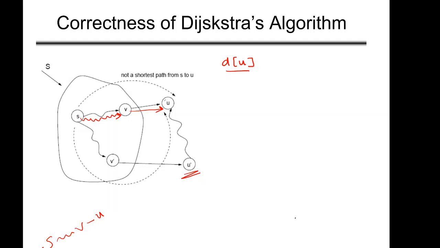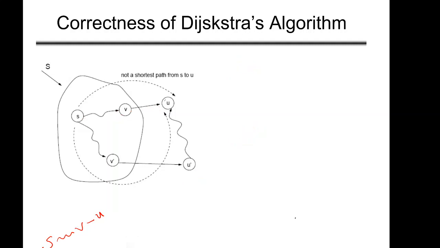Now we have two distances: d[u dash] and d[u]. We are claiming that if you want to go to U from S, then you should take a path through u dash. First you come to u dash from S, and then you go to U, and it will give you the shortest path. So let's see both the cases.